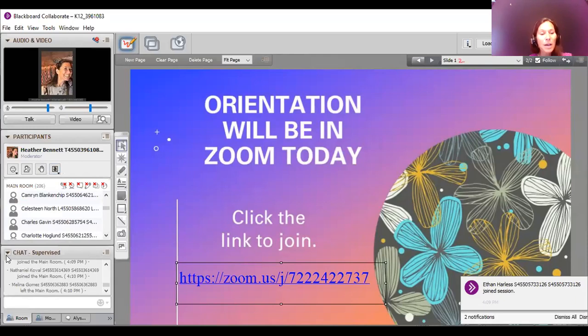And then at the bottom, you have your chat box. And you see that chat is supervised. So your teacher can see what's going on in chat. So even if you are maybe sending a friend a private message, your teacher can see that. So we always like to tell students to make sure that your chat is always to the topic being discussed. So maybe if your teacher is talking about math that day, make sure you're not talking about like Minecraft or Roblox in the chat. I know that my son would be doing that.